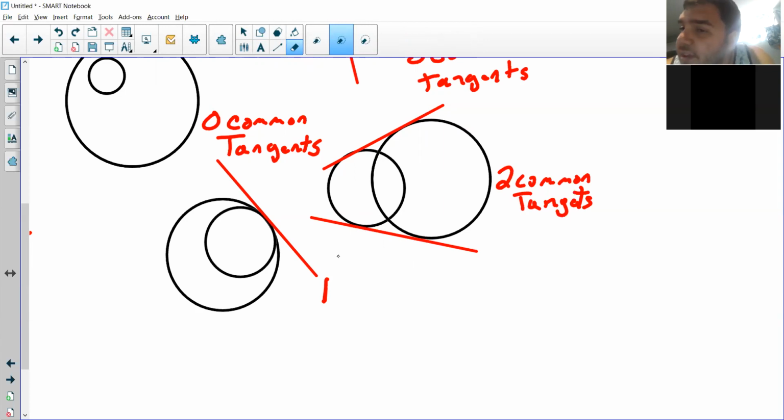Let's see. Is there anything else? So let's see what I wanted to accomplish today. Common tangents. I can save the equation stuff for tomorrow. I'll save the equation stuff for the next time. So in this case,